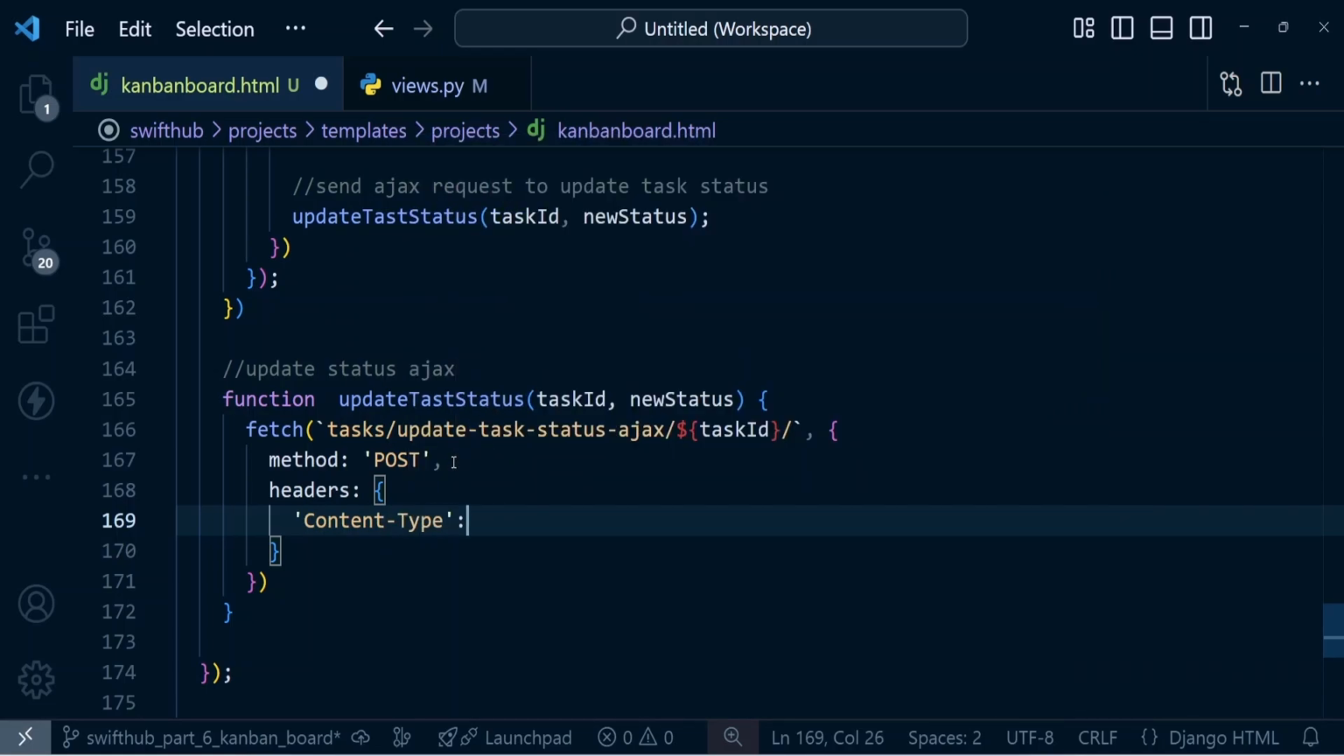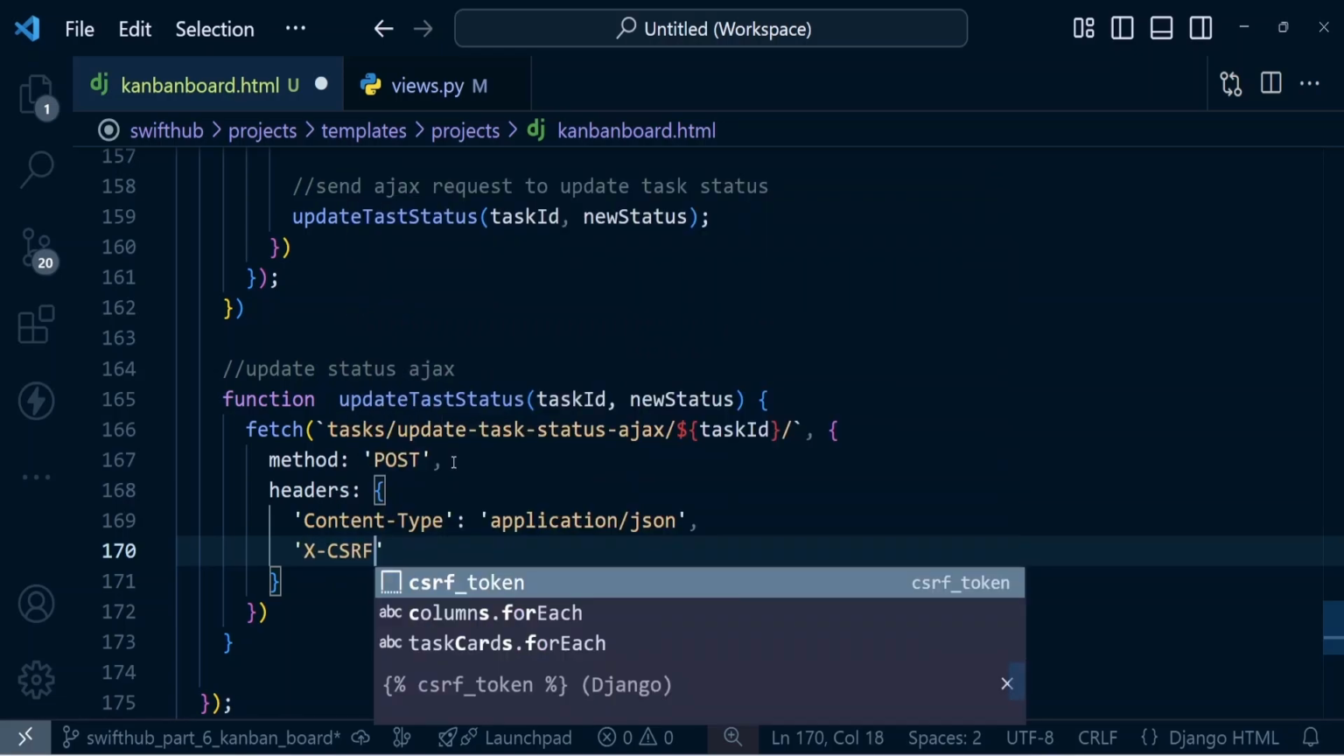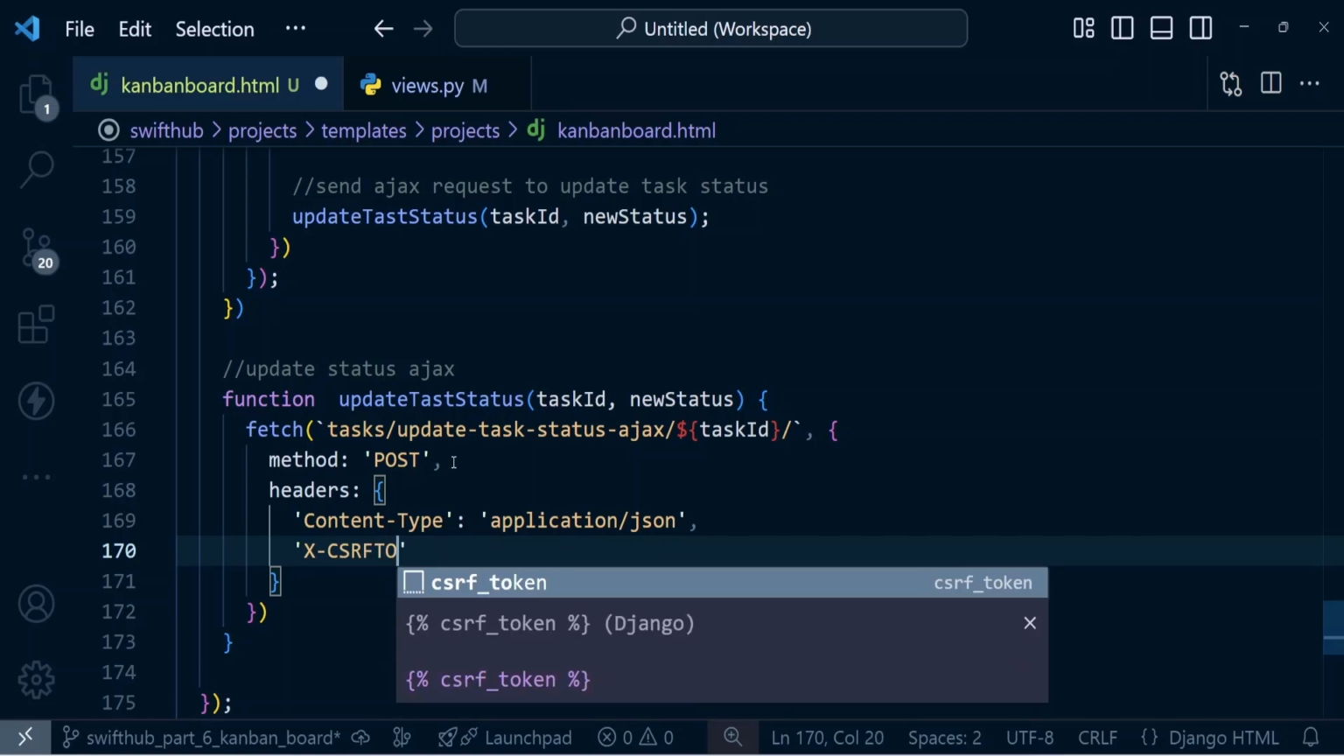So the allowed content type is just going to be application/JSON. So we say application/JSON like this. Okay, so now that we have this, we bring a comma, and then the next header is just gonna be our CSRF token. So the X-CSRFToken, we have CSRF token like this,